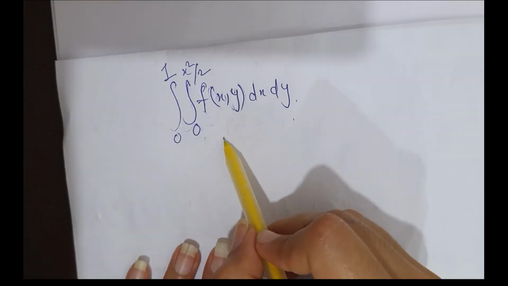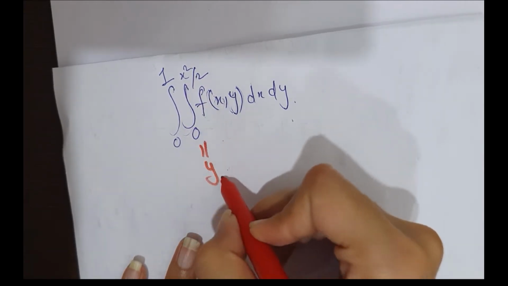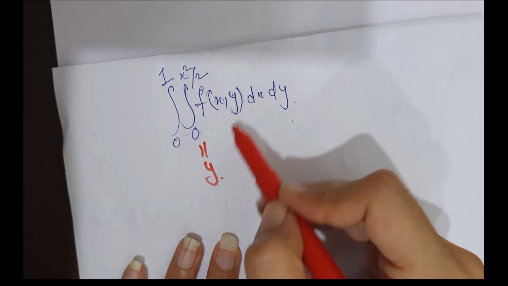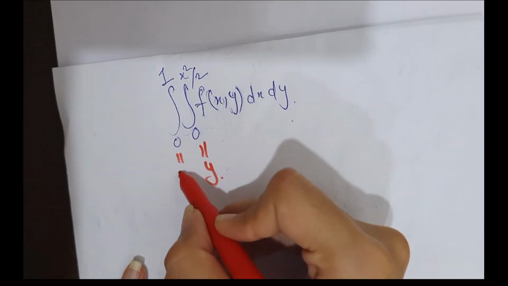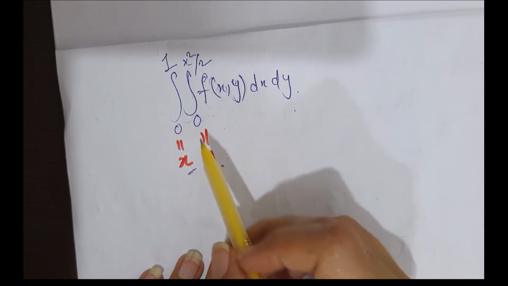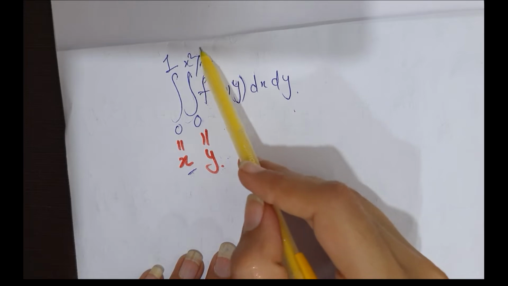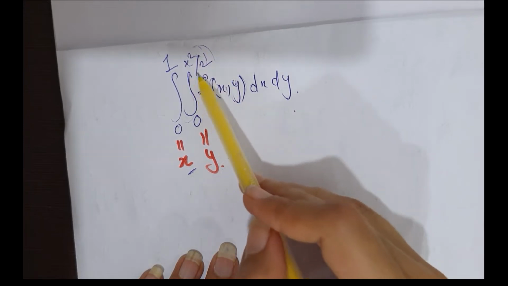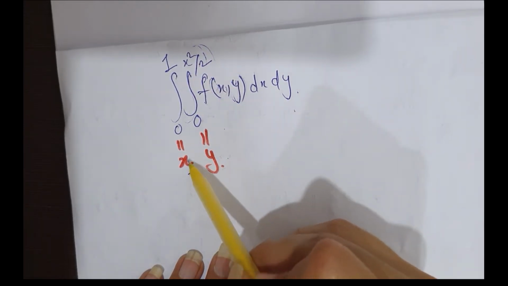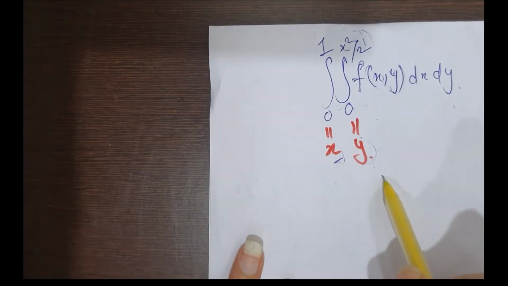As this is the question and we are asked to change the order of integration, here the limit of the variable is x, so it must be the limit of y. If we are done with y, then we are only left with x, so it must be the limit of x. If we are asked to change the order of integration, it means we have to change the order of this x and y. Here the variable limit is of y, so we have to make the variable limit of x and the constant limit of y. So how do we do it? We will study this with the help of examples.